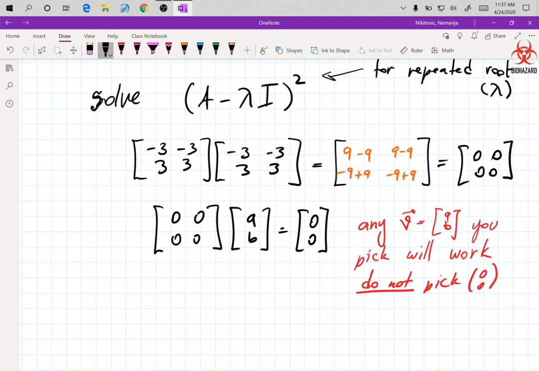So pick the easiest one, 1, 0. Very nicely. v2 equals 1, 0. There we go. Cool. So now that I have v2,